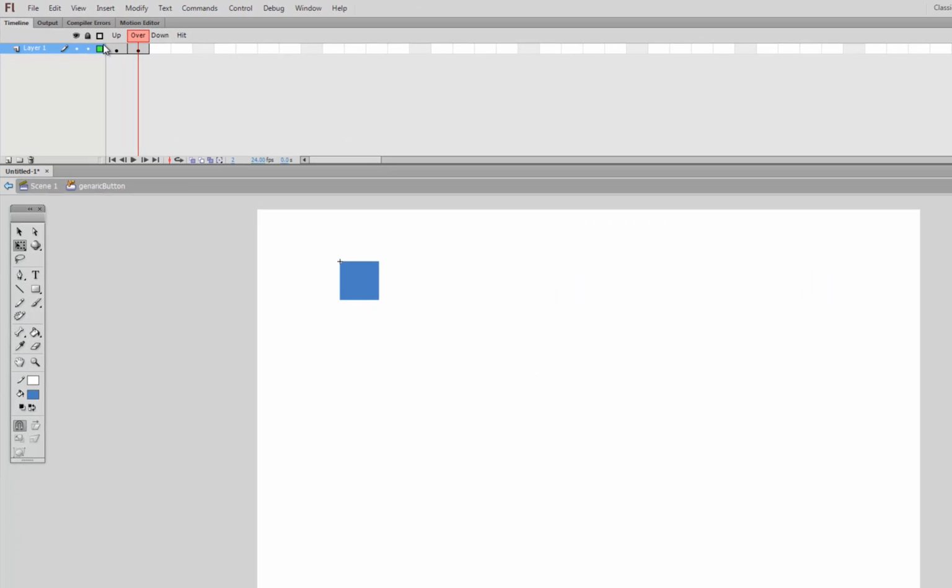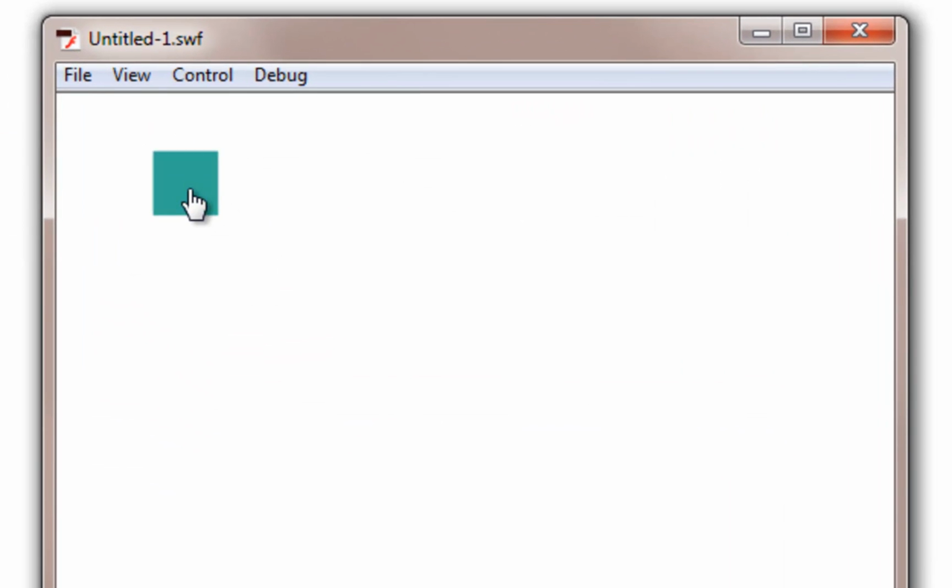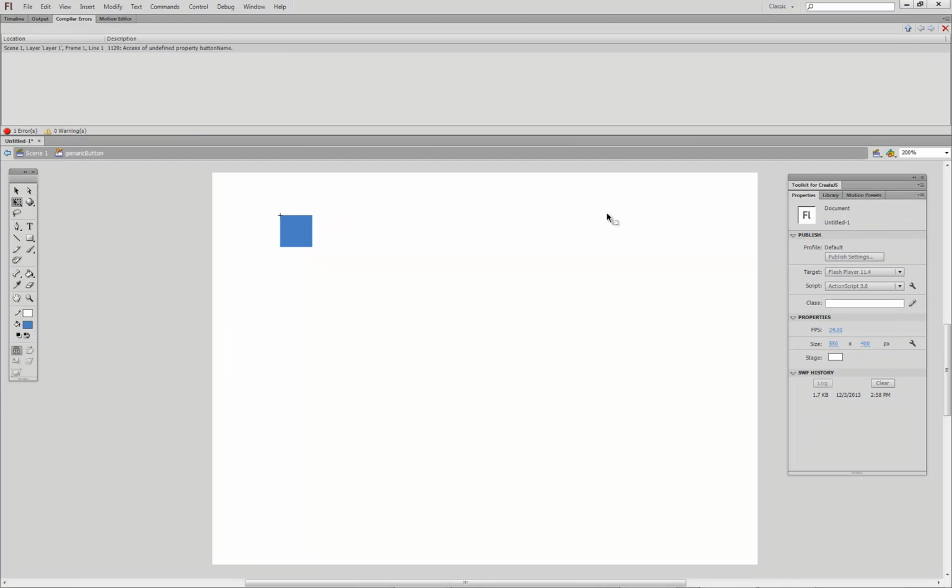So you can hit Control, Enter to do a quick test to see what this does, and you roll over it, and you see we get our nice little pulsating button. Okay, notice it turns to a hand. All right, now what we're going to do